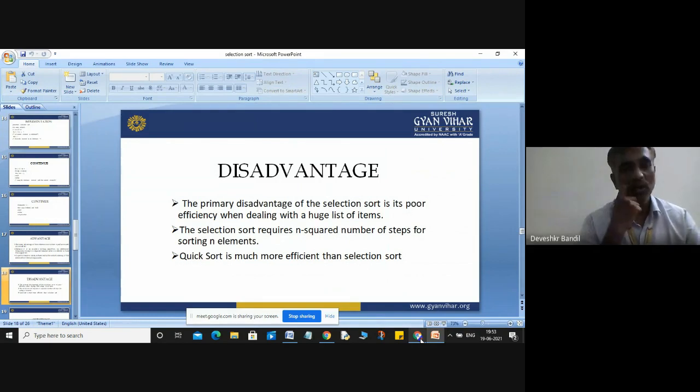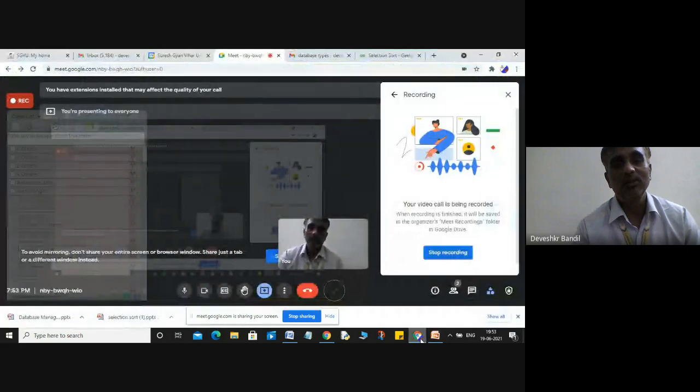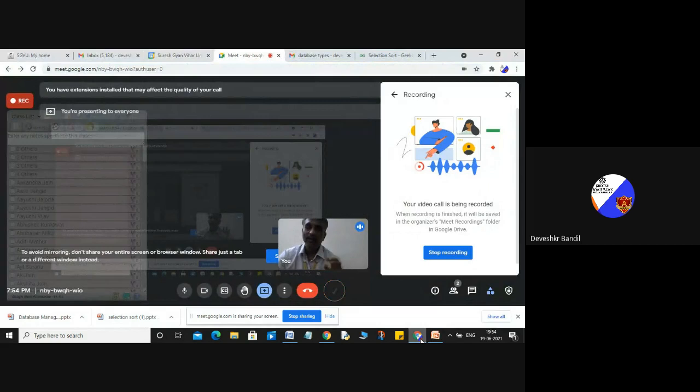So quick sort is much more efficient than selection sort. Okay, so the main disadvantage of selection sort is that it will show the lowest performance when you are taking a large size of array. Okay,